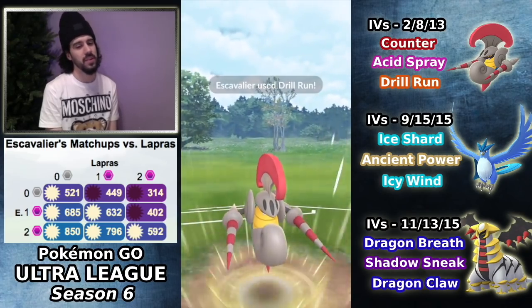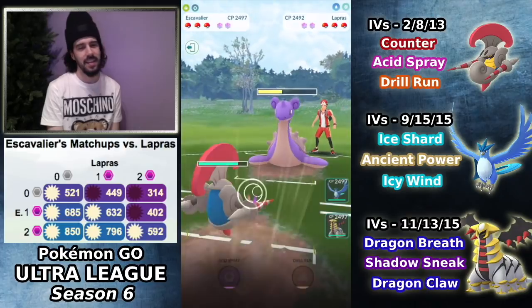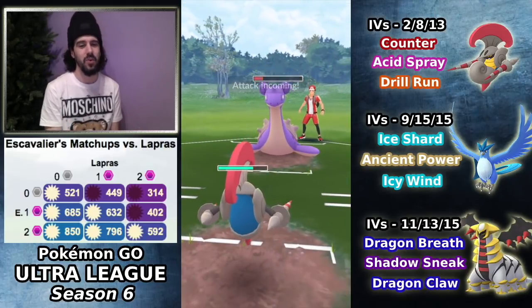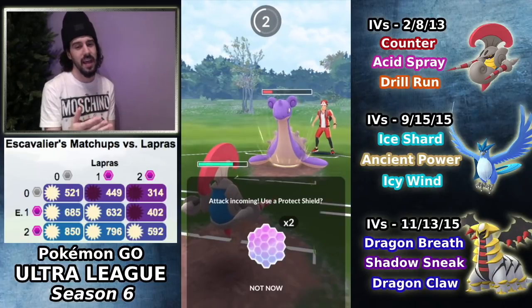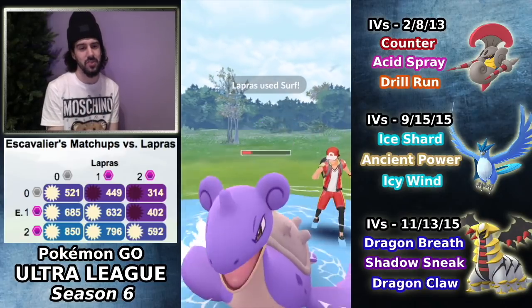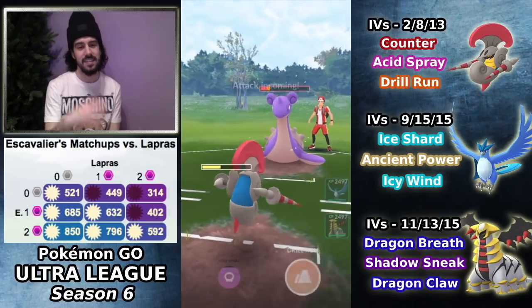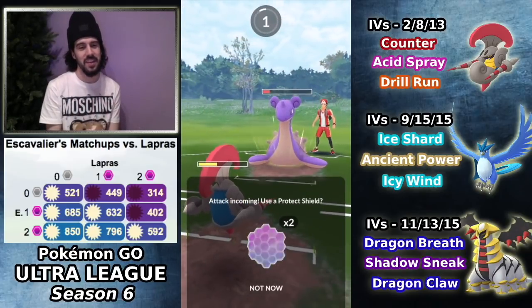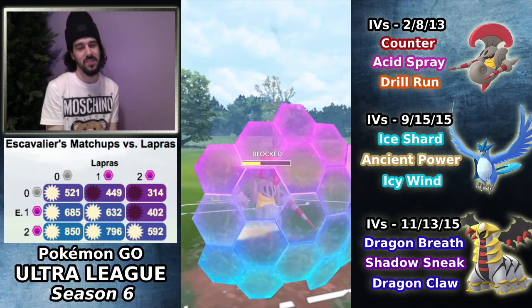I'm going for the Drill Run this time, not going for the Acid Spray, but let it go through. Honestly, it really doesn't flip too much because I'm still going to have to go for the shield at some point. They have built up for back-to-back here, so I'm not the first one to go through. And you can see I actually sneaked in an extra move there in between the Surfs. So that was pretty nice, but I wasn't able to get to Drill Run, so I'm forced to burn the